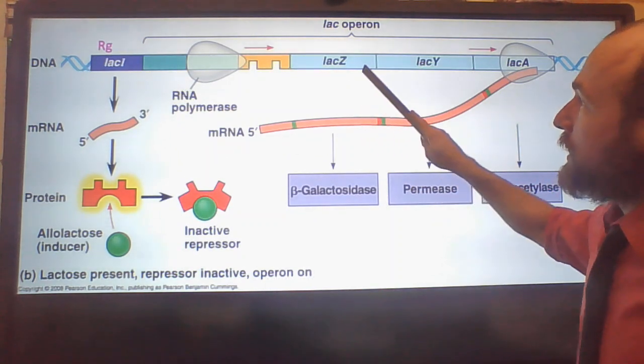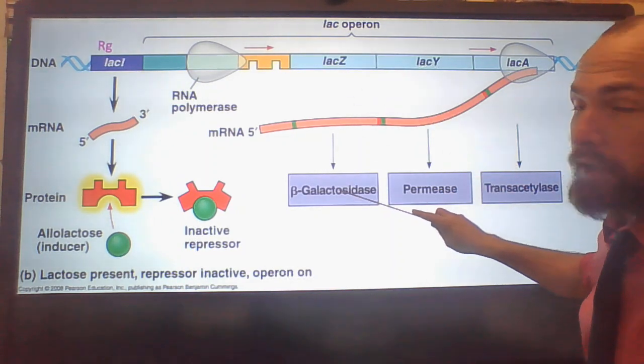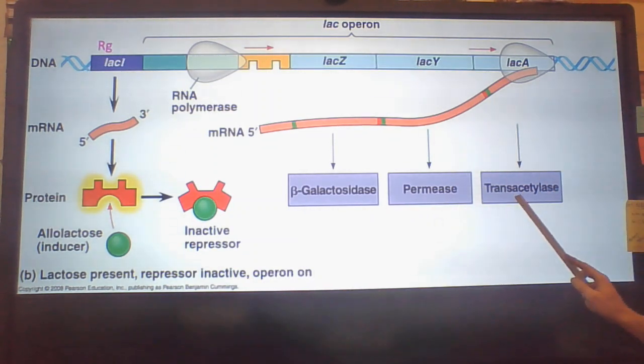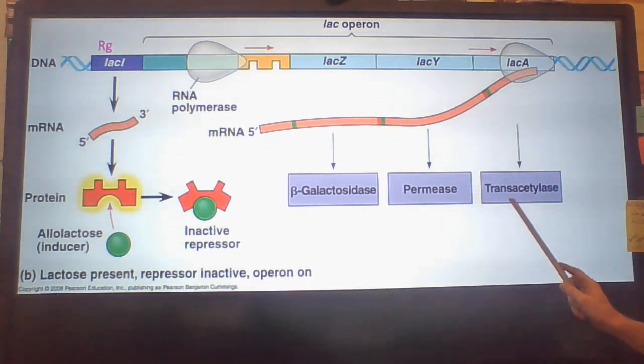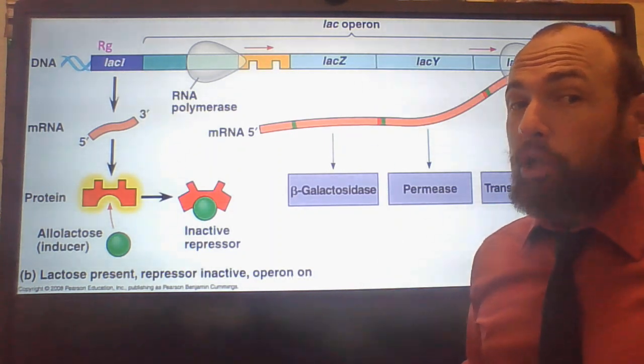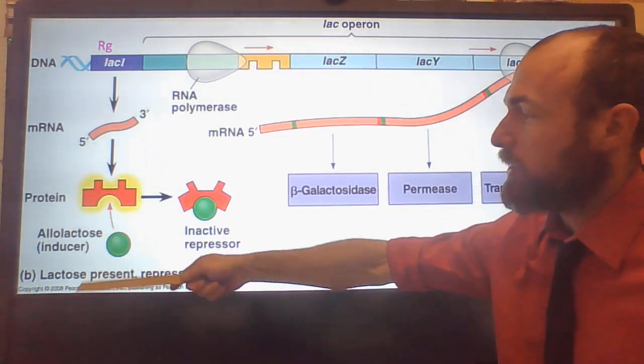Now that's the LAC-Z gene, which makes the beta-galactosidase enzyme. Then your LAC-Y, which makes permease. Then your LAC-A, which makes transacetylase, okay? Which is probably what's going to convert galactose into glucose. But, you know, that's going to allow us to digest the stuff, and then we can go